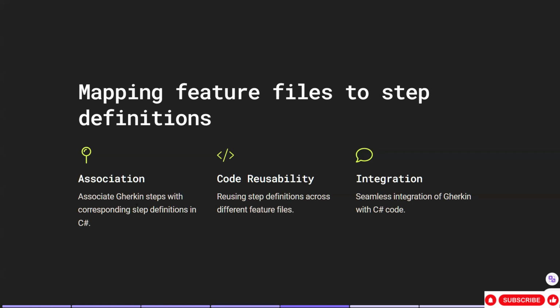So for both of these scenarios, launching the browser and navigating to URL is common. So we can make these two steps common, and we can reuse these two steps for code reusability. And next, integration. So seamless integration of Gherkin with the C# code